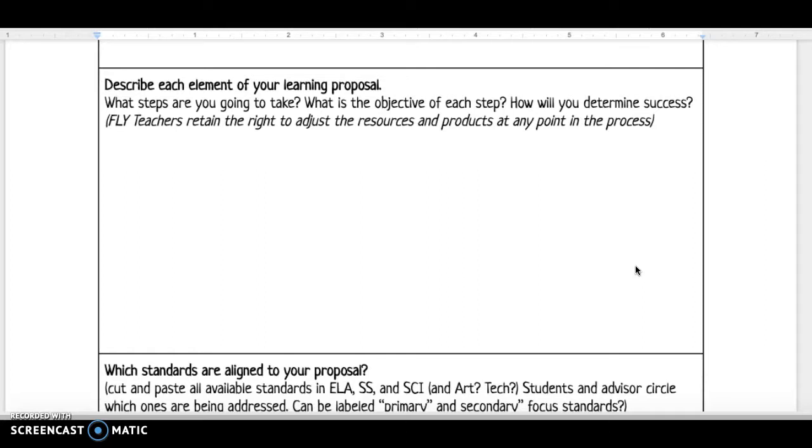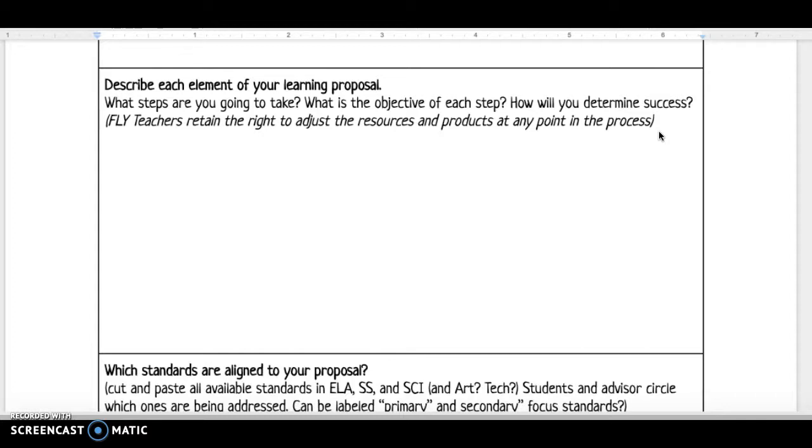Why are you doing that? And how will you know if you've succeeded? And there's just a little caveat that FLY teachers retain the right to adjust the resources and products at any point in the process. So though this is a self-directed learning program and a personalized learning program, the teacher still does retain that right to say, no, you should probably read this, or you should probably produce that at any